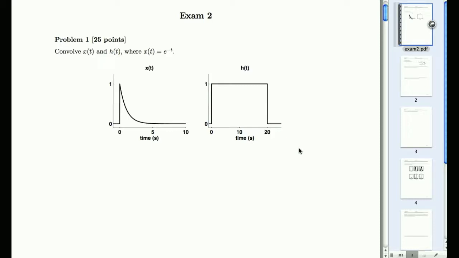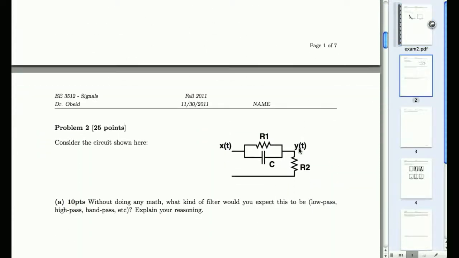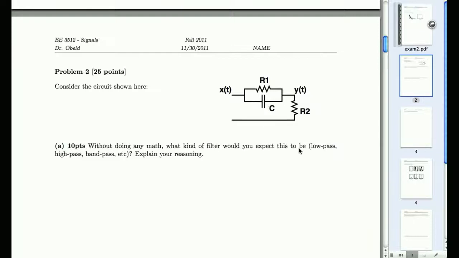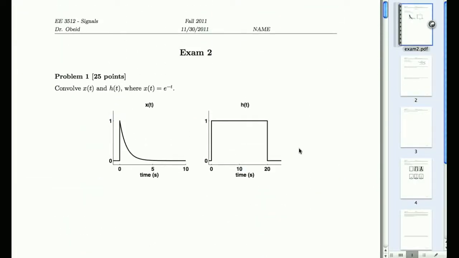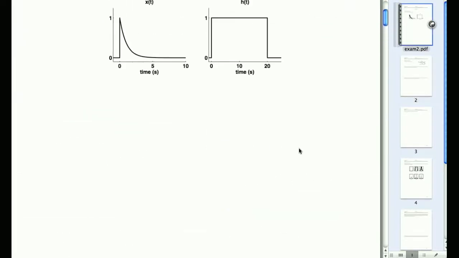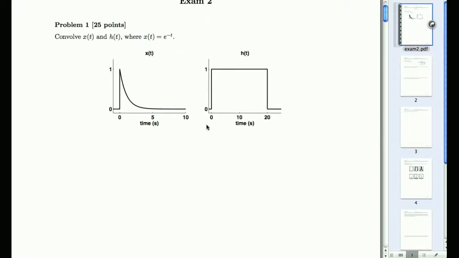Right. Okay, well, I might have explained that horribly. No, I think I know what you're saying. X of T is that decaying exponential, right? Yes. And it looks like it's mostly done decaying by 5 seconds. And then H of T is a square pulse with area 20 seconds. Is that right? Yeah. So first of all, I don't think I'm going to put convolution on this exam because